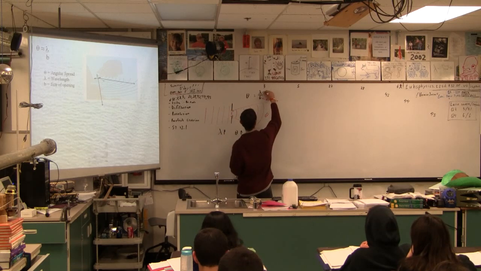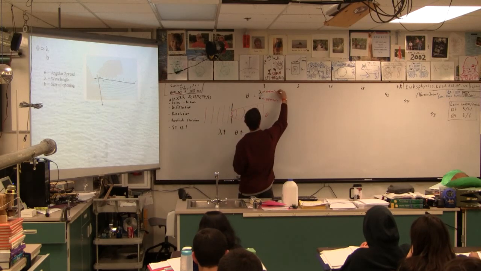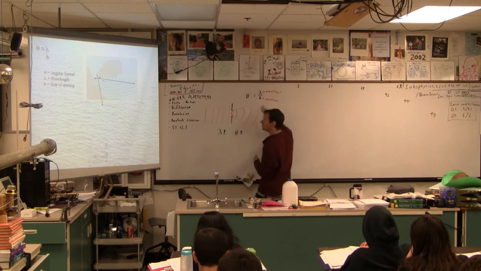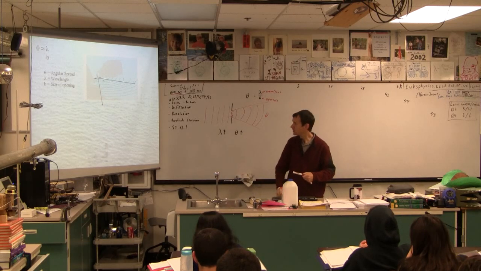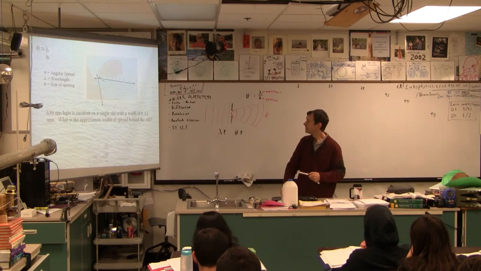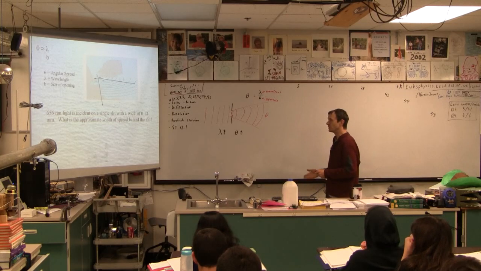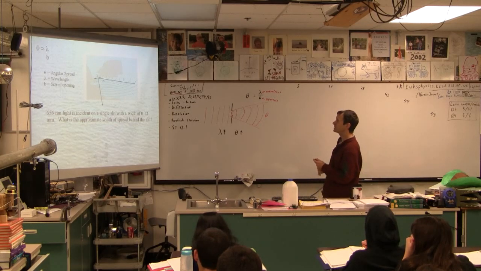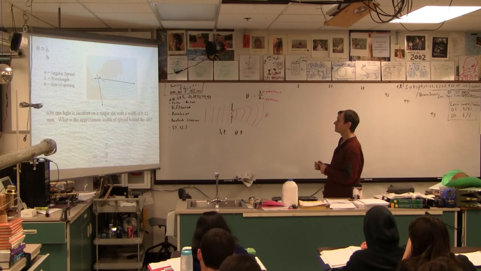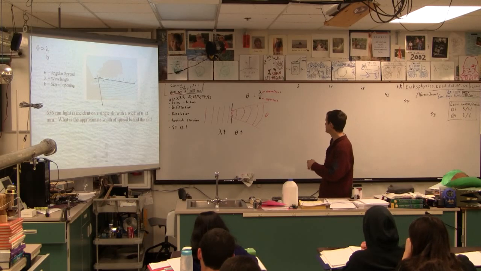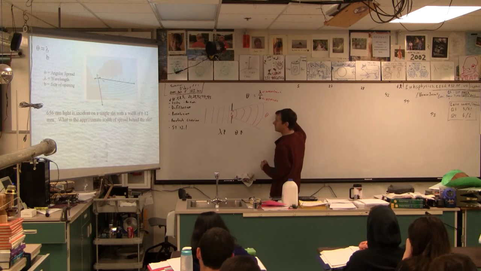Okay, this is the wavelength. And so we can do a little calculation here. Okay, 656 nanometer light, that's like reddish light, is incident on a single slit with a width of 0.12 millimeters. What is the approximate width of spread behind the slit? Well,